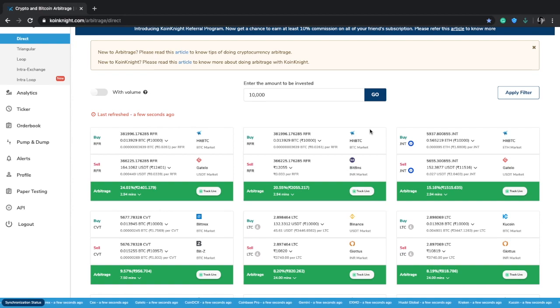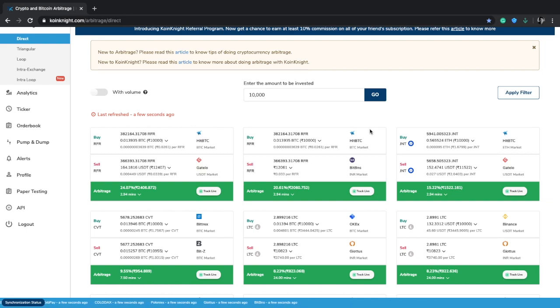So this is a very useful tool that lets users decide the amount they wish to arbitrage for and see their profits accordingly. Remember, the amount of coin to be bought has been shown according to your investment amount, and this is irrespective of whether the amount to buy is present or not for the particular price.